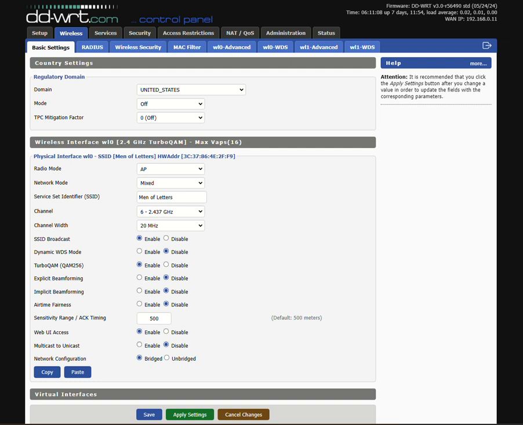Again, we can't always make wireless networks 100% secure, but we can put as many roadblocks in place as we can to try to delay and deter a hacker from gaining access to the network or from doing things to other devices on the network, because that's something to know too. If somebody gains access to a device on the network, they can try to move laterally to other devices on the network,